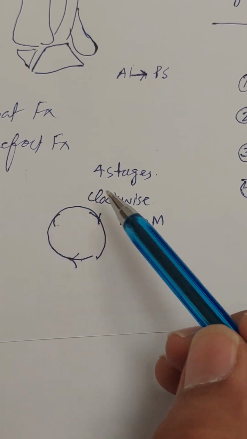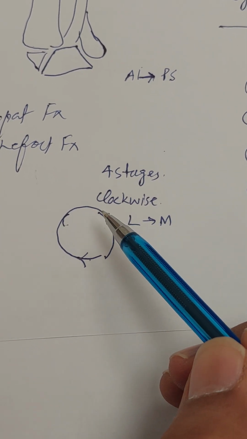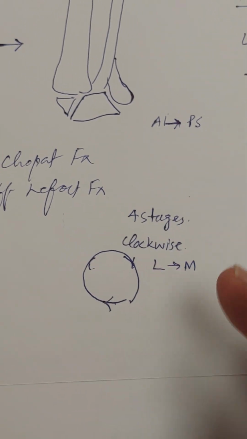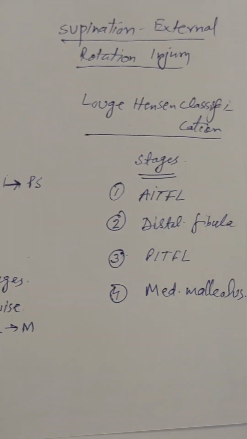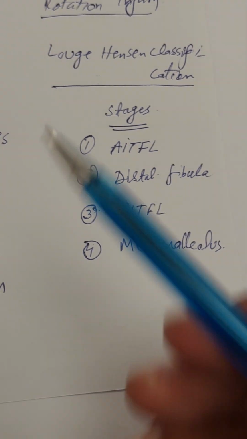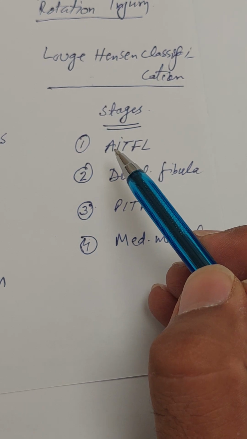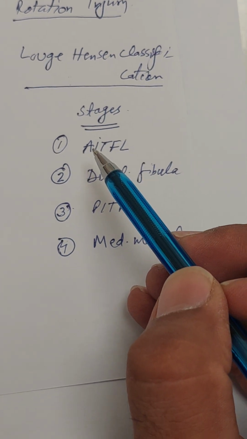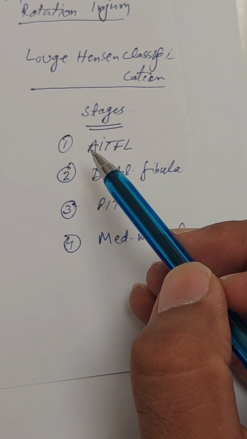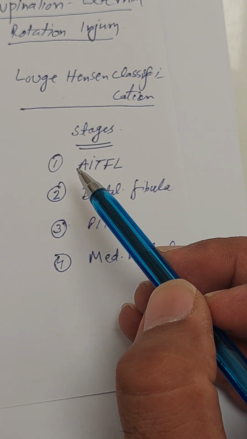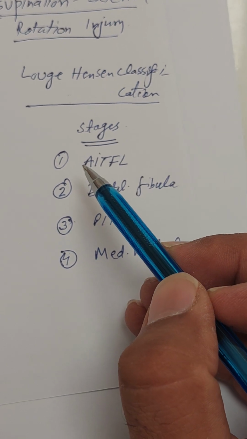and this injury runs from lateral to medial in clockwise direction. In describing its 4 stages, first stage is the tear or rupture of the anteroinferior tibiofibular ligament when the foot is in supinated direction. The first stage is there is tear or avulsion fracture of the anteroinferior tibiofibular ligament from